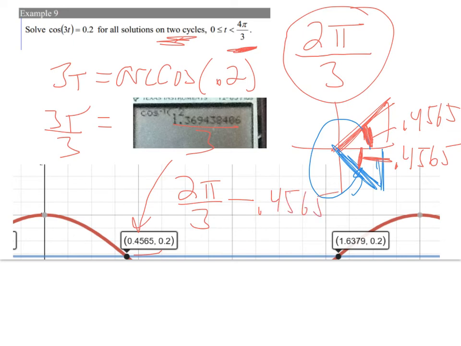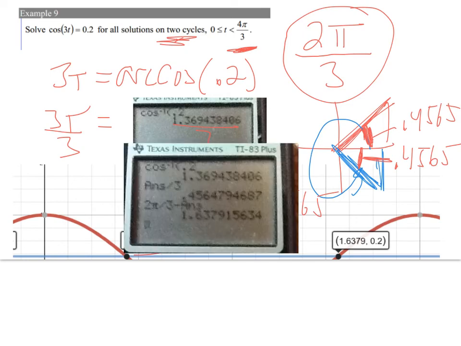0.4565. And that would be that blue angle that I just drew in there. So that's that second angle right there. Now, in order to get back to these, we'd ask what other angles are coterminal to this. Well, I would have to add 1 rotation to that. That's 1 rotation. So I'm going to have to add 2 pi divided by 3 to the